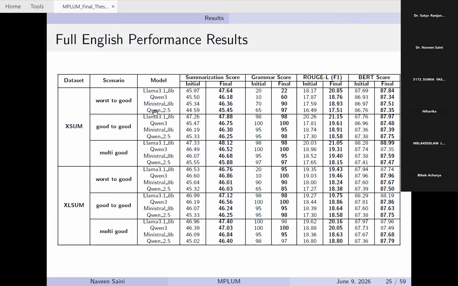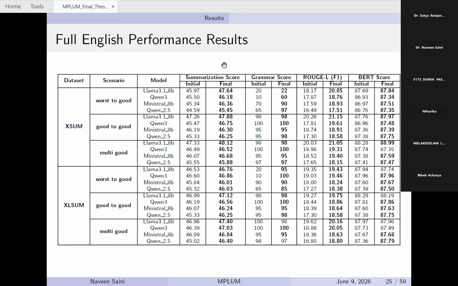considering 3 different scenarios: worst to good, good to good, and multi good, again for the different sets. And we have to utilize open source LLMs like Llama 3.1 8B, Qwen 3, Mistral 8B, Qwen 2.5. Because again, what is our goal? We want a good quality prompt that is not ambiguous in nature, that is grammatically correct, that is not noisy. That is our goal. So we have chosen the different